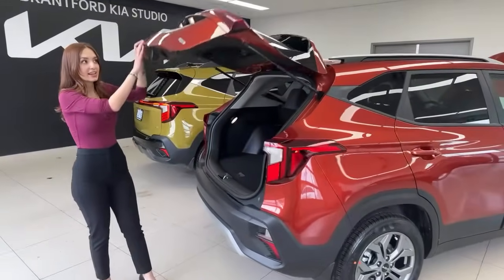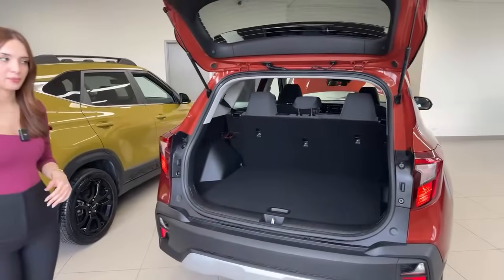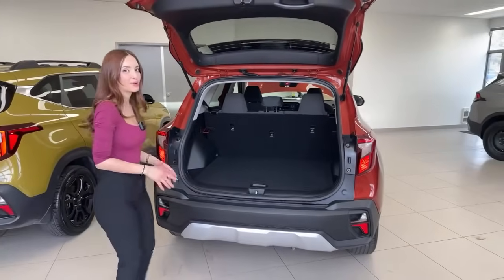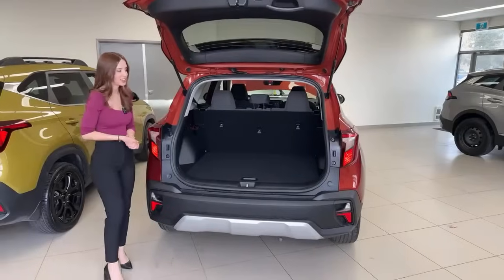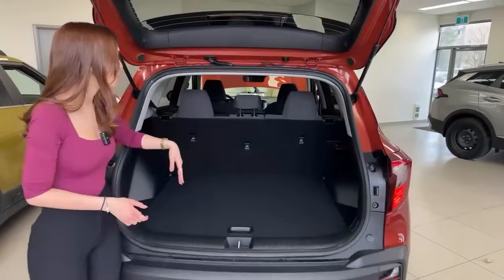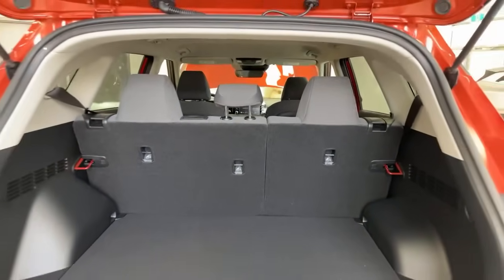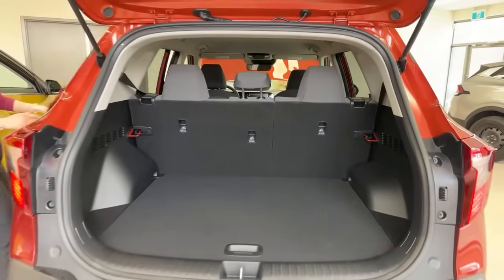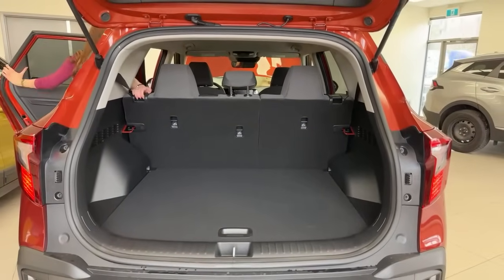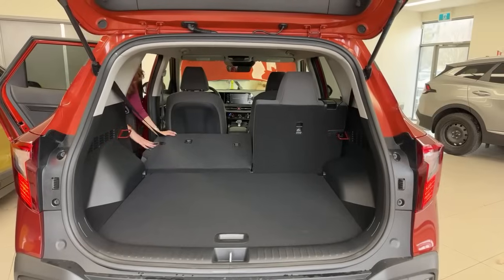For your liftgate, it is hydraulic on every trim except the EX and above. So if you do need a power liftgate, I'm happy to say that's now an option for 20 back row that can easily fold down. You'll just have to reach over and grab these toggles. I'll do it on our left side or your right. Pull it, knock it down, folds in a 60-40 split, and you can see we have a ton of space